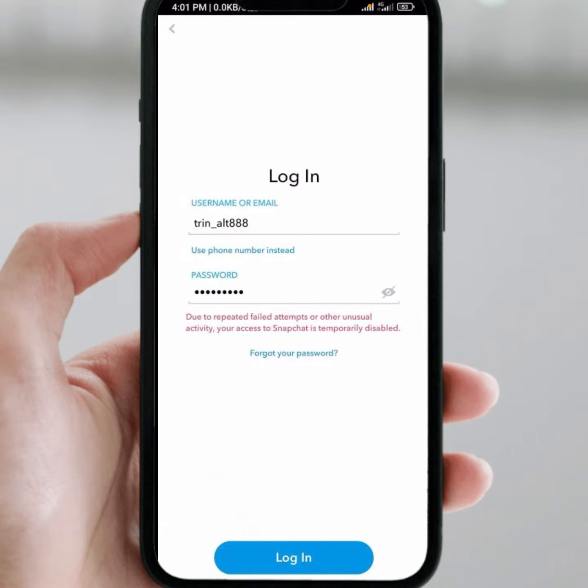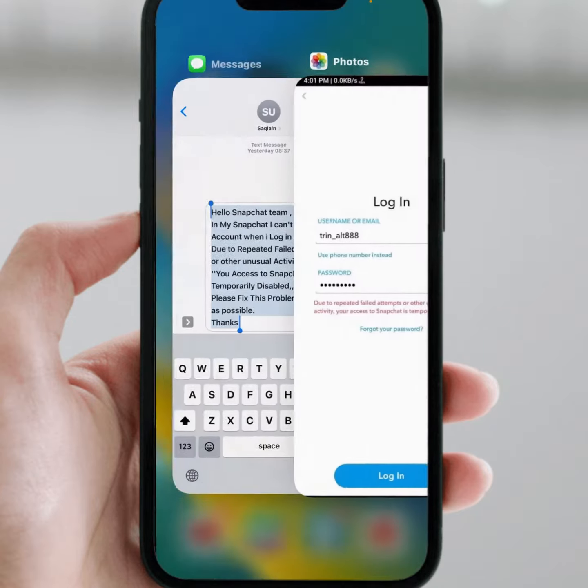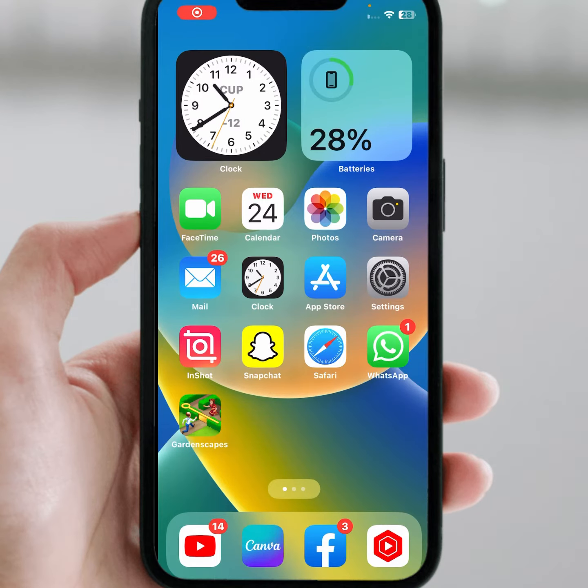So guys, in this video I'm going to be showing you how to fix this type of error on Snapchat. If you log in on Snapchat, then face this type of error due to repeated failed attempts. So how to fix? First of all, go back to your home screen and open any one browser like Chrome and